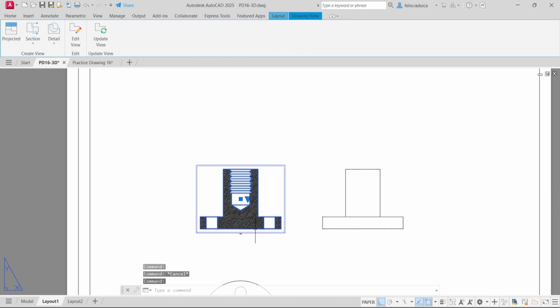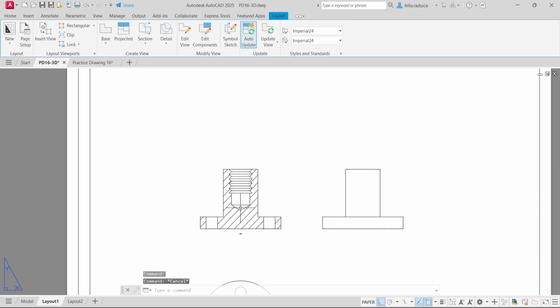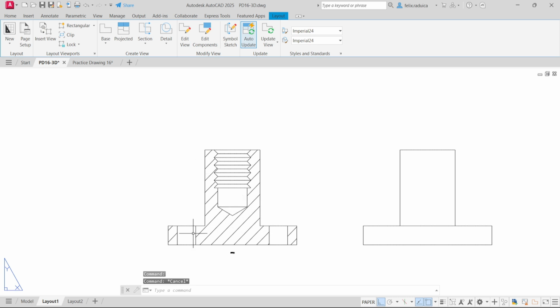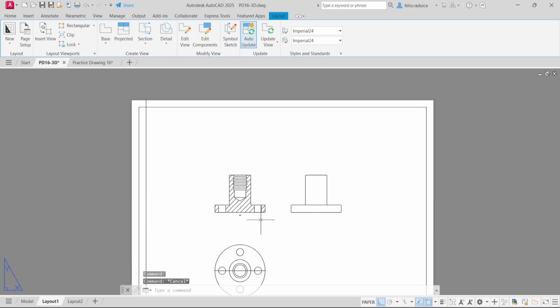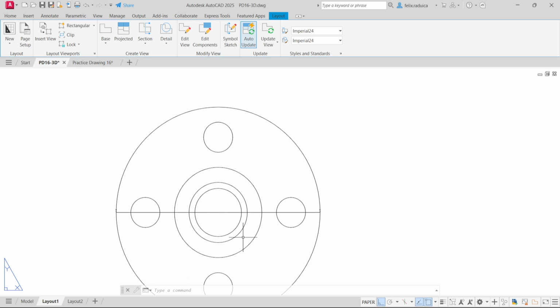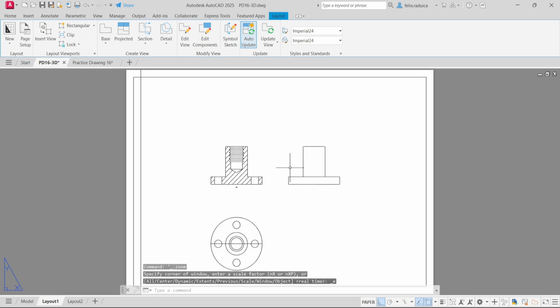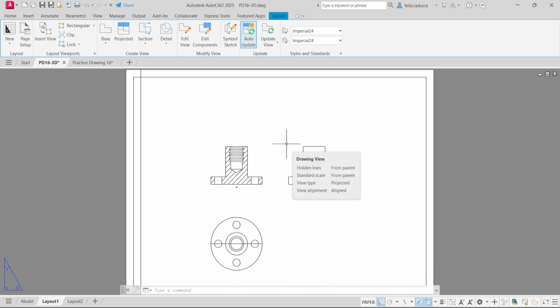So for the hatch pattern, I may choose to change it from here to a scale of 35, for example. And as you can see, this is better. You can see it better. It lacks the axis lines, although, and some other features, like for example the 3/4 circle here. So to be able to work at this better, I will export the layout. So I'll use the export layout command,